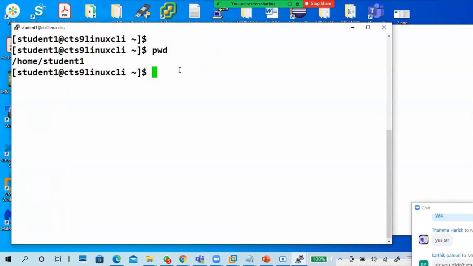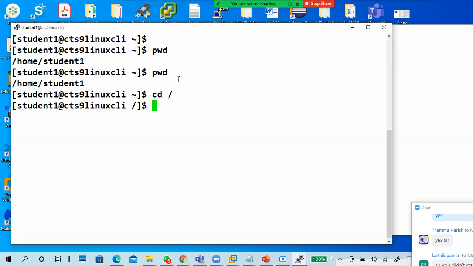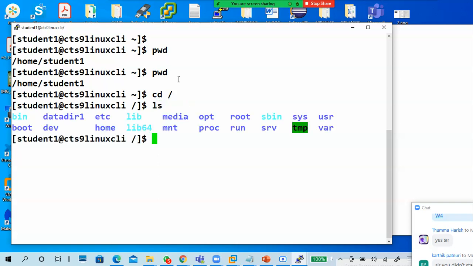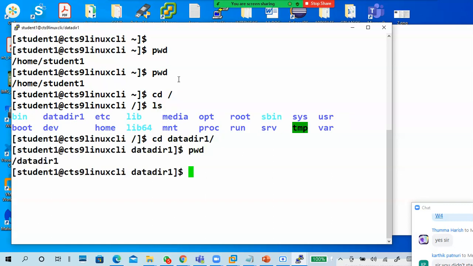Okay. So I want to go to root, cd slash. I went there. cd data, what is there? First of all, ls. data dir. Yes, very good. I went to data dir. Okay. Now what I'm going to do is,